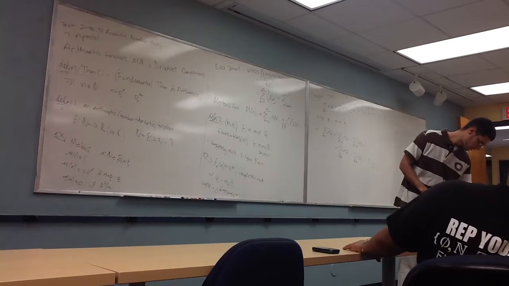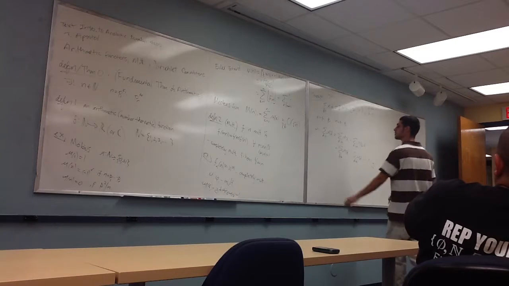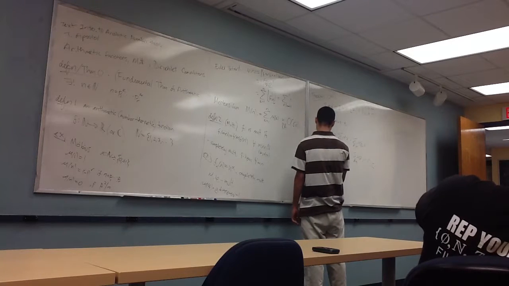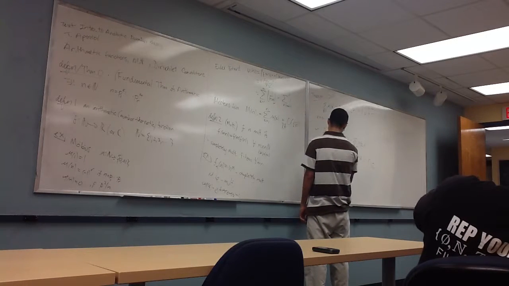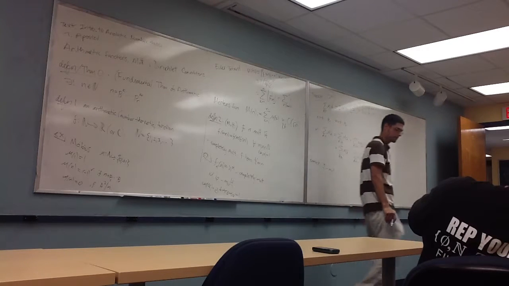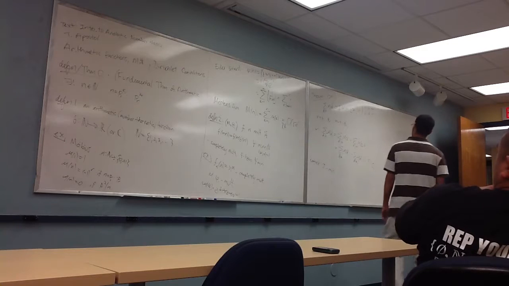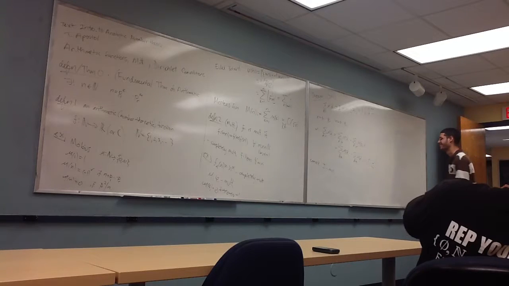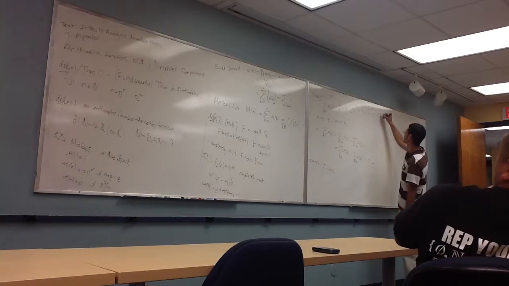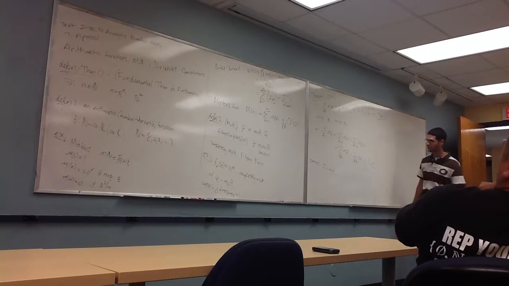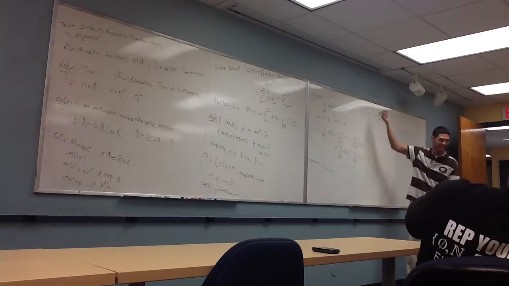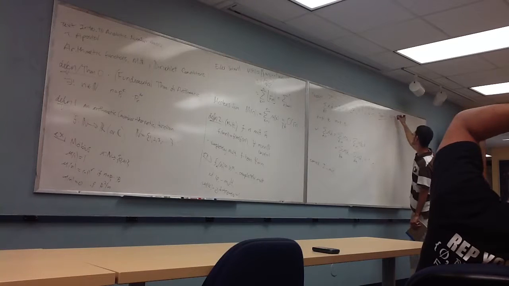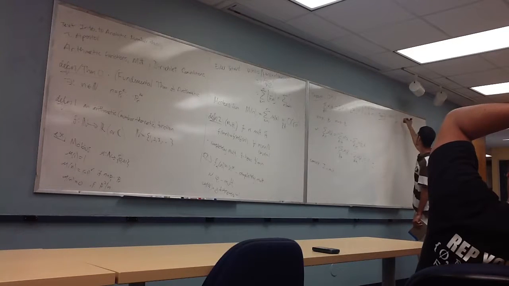And so this phi function is going to be very important. This phi function is also multiplicative. Can you prove that? I think it's completely multiplicative. Yeah, of course, it's only one, it's completely multiplicative. Exactly. So theorem 2 is that phi of n is the sum over the divisors of n of